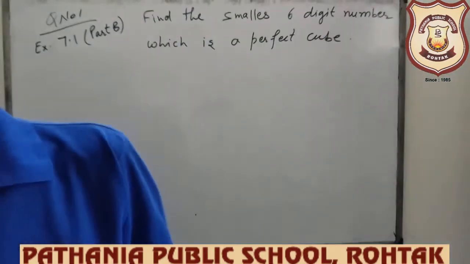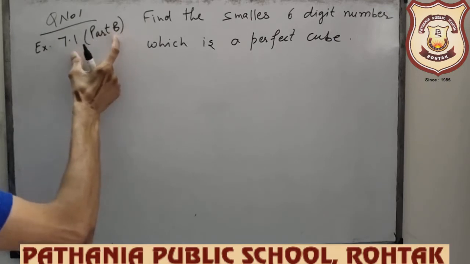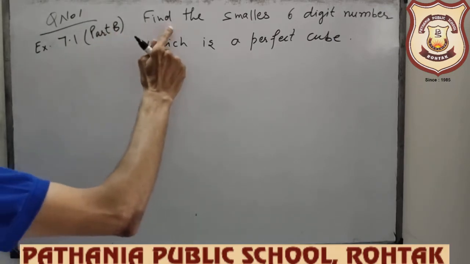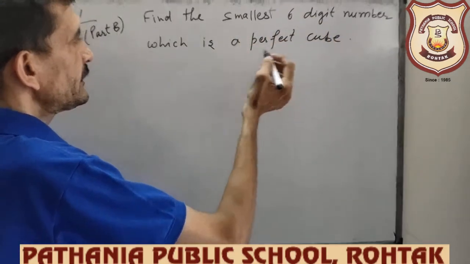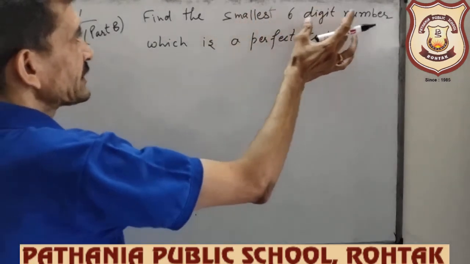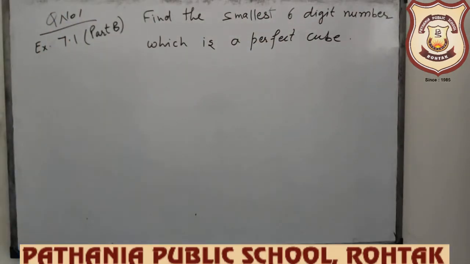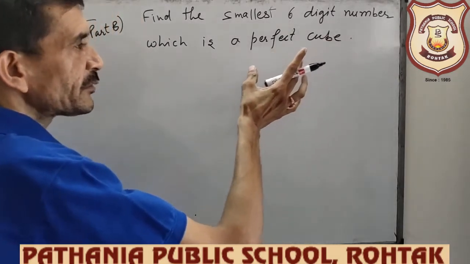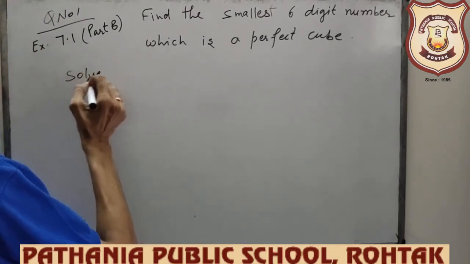Yes, students. Question number 1 of exercise 7.1 part B, I mean the summative part. This question is: find the smallest 6-digit number which is a perfect cube. But I am again saying there is no particular method to calculate such types of questions. We can calculate the smallest 6-digit number which is a perfect square; in that question there is a particular method, but to find a particular cube no method is there. So how should we solve this? Solution is